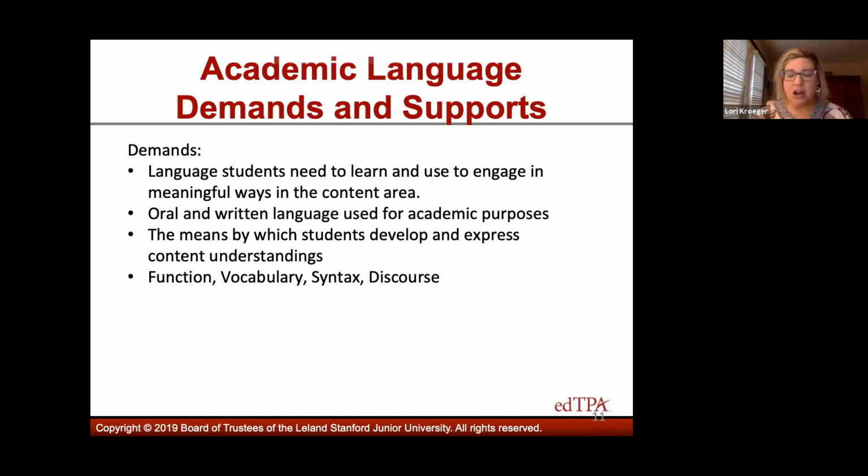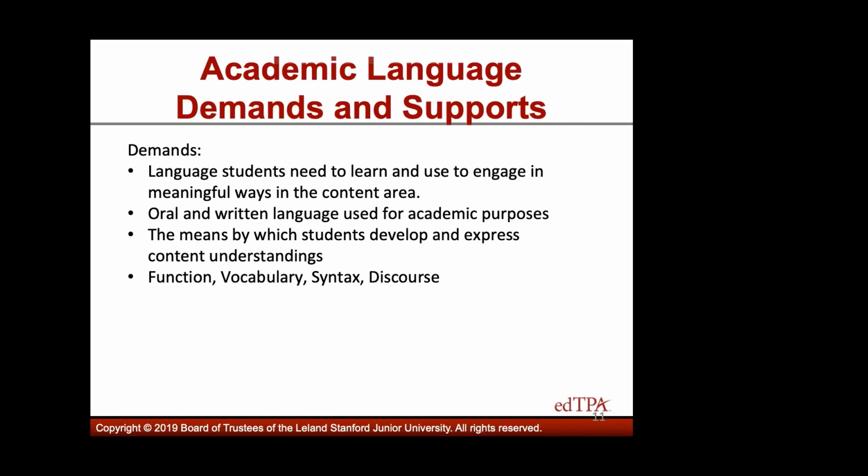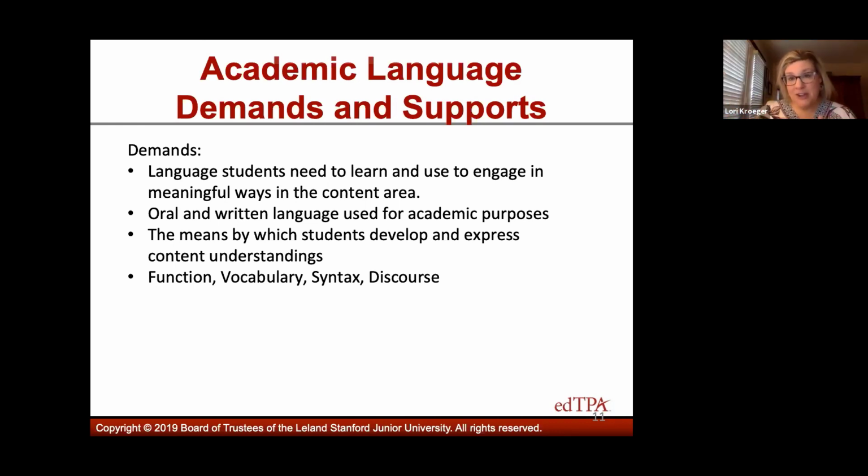And then discourse is the ways in which members of a discipline communicate with each other, how they share knowledge with each other. In something like English language arts, this might be a 5-paragraph essay, right? That's an entirely appropriate way to summarize something in English language arts. In history, students might engage in a debate. In a secondary science class, they might be creating a lab report. If I turned in a lab report format for my book report that I read, probably not going to suffice, right? So the different ways that members of a discipline communicate.